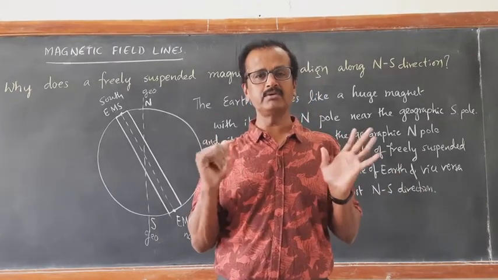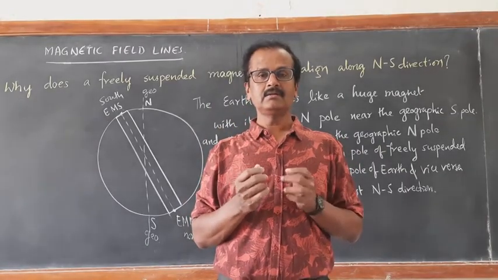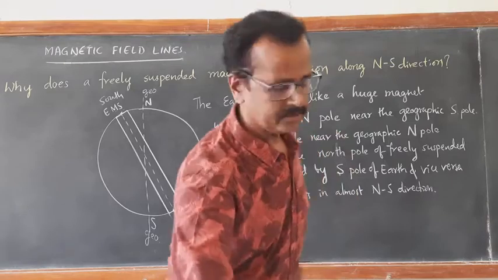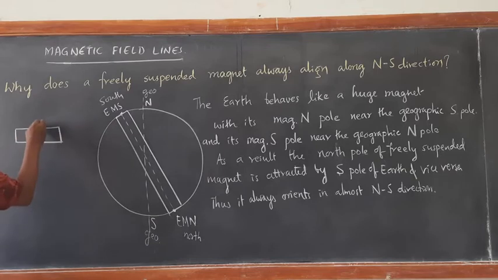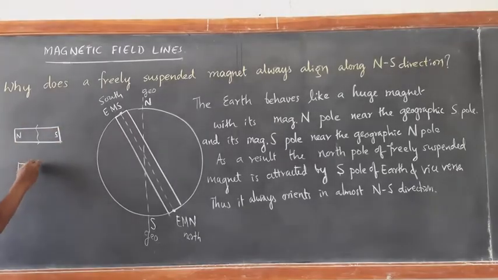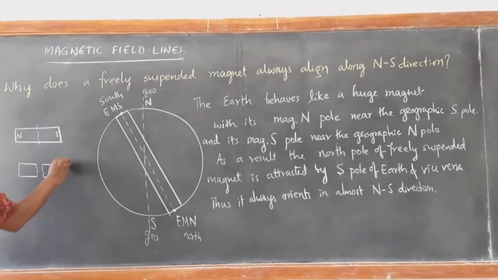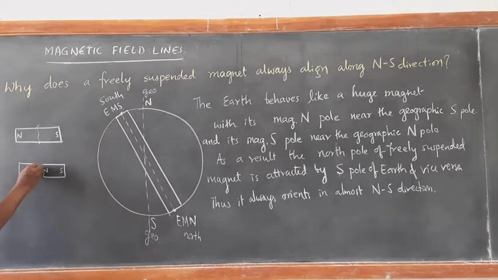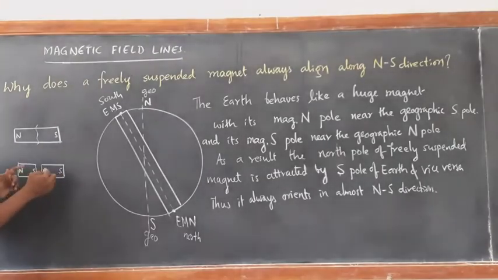So it should be broken into at least two pieces. If it is broken into two pieces, north-south poles are formed where it is broken. If you take a magnet and break it in the center, with north here and south here, these broken pieces will also behave like individual magnets. So this will be south here and this will form north, and here will form south and here will be north as earlier. So if you bring them close to each other, there is a force of attraction.